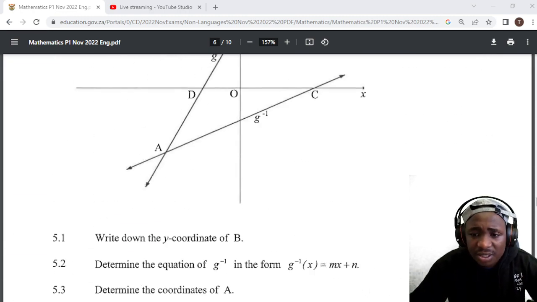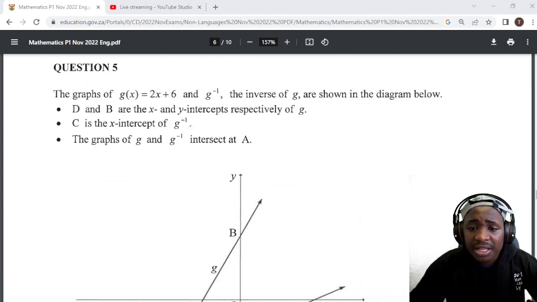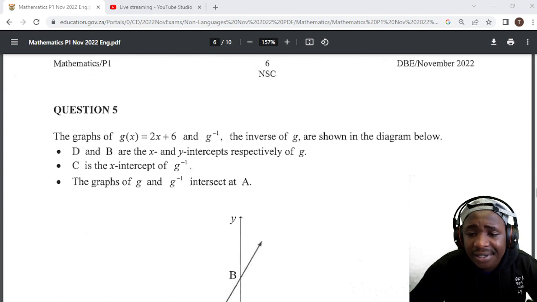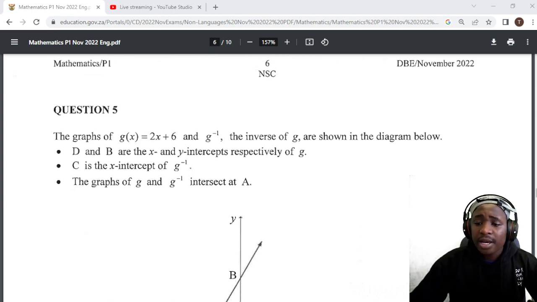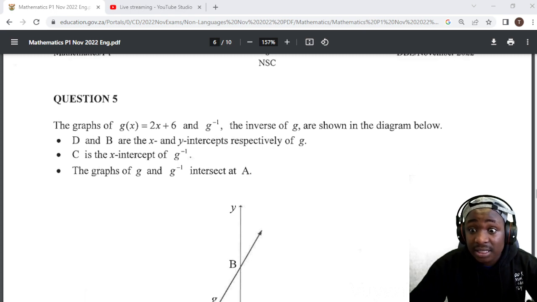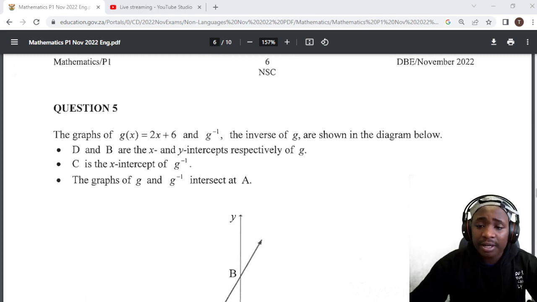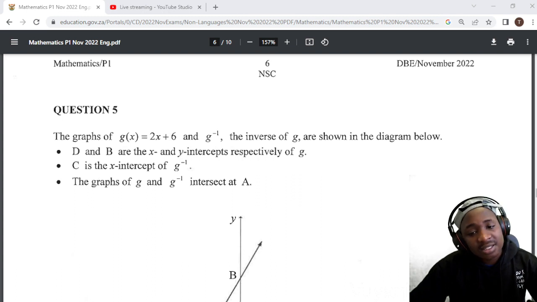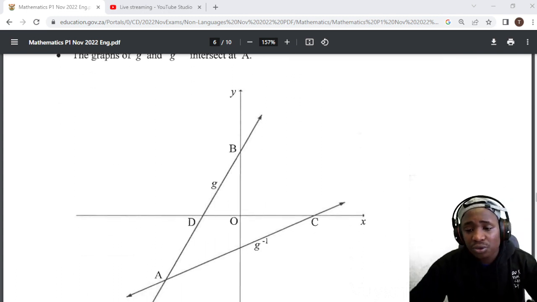Let's just go through this one and see if we can browse through it. The graphs of g of x is equal to 2x plus 6, and g inverse, the inverse of g, are shown in the diagram below. D and B are the x and y intercepts. Now we already know that D is the x-intercept and B is the y-intercept